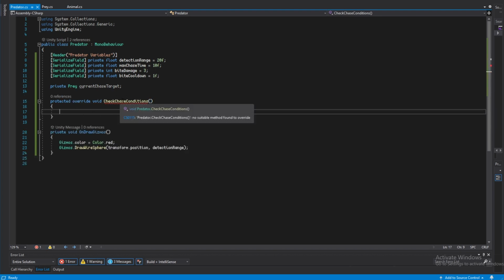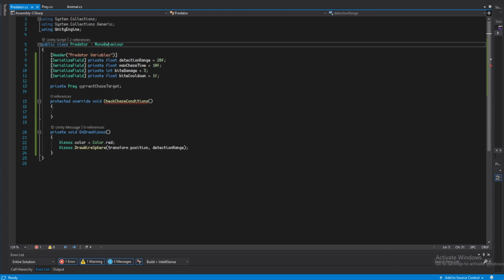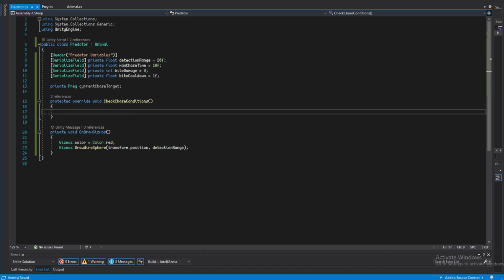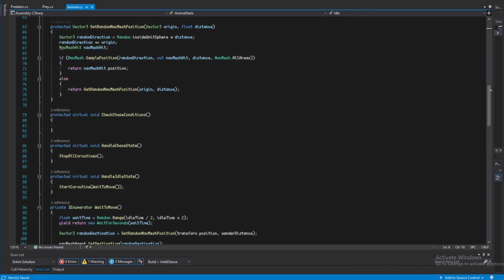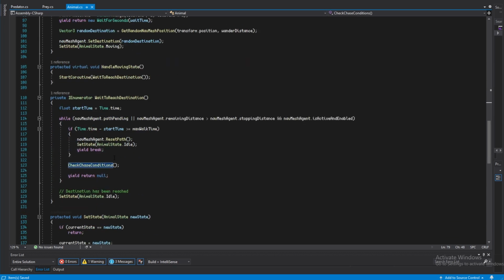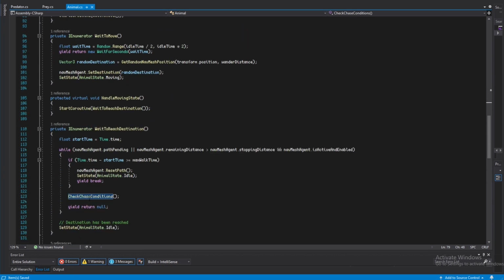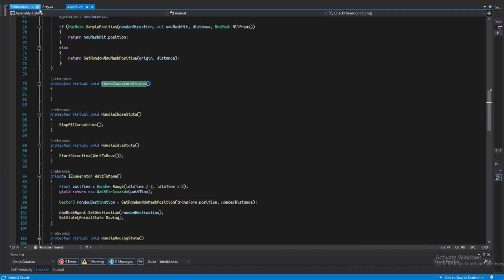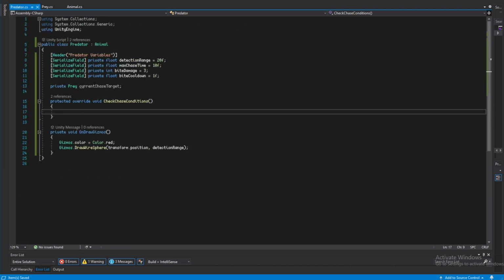You're going to notice that we are again getting this reddish green line, and it is because I forgot to put Animal instead of MonoBehaviour again. So now we're overriding this CheckChasingConditions function from within our Animal. And as you can see, this CheckChasingConditions function is being called when we're moving around. So this function will call this function, and because it's being overridden in our Predator, it will actually call the Predator's function first. So within this, we're just going to do if currentChaseTarget,